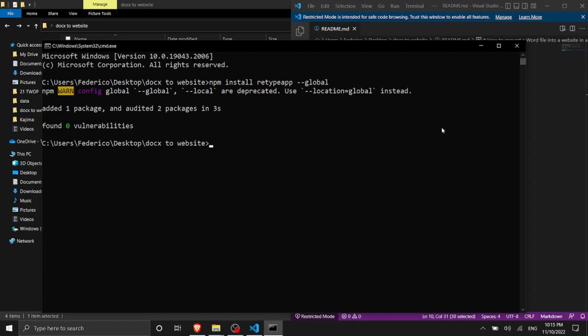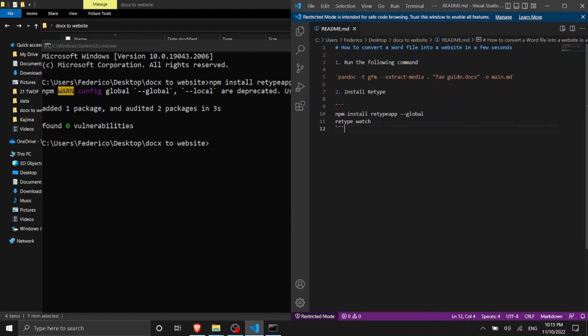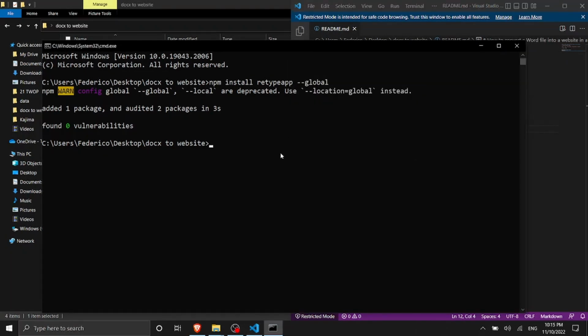And then the next step that we need to do is retype watch. This is going to create a localhost which is going to run our website locally. So we can make changes, it has hot reload. So while we make changes to the markdown files, we're going to see in real time all the changes that have been applied.